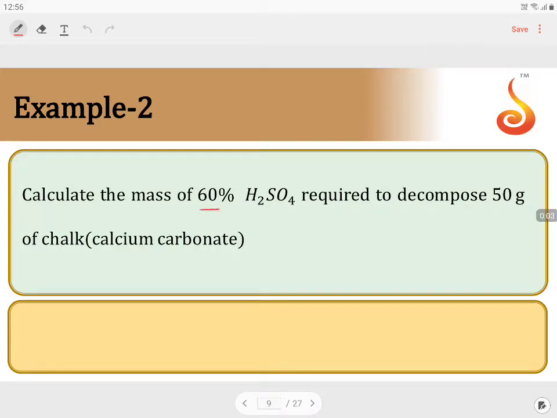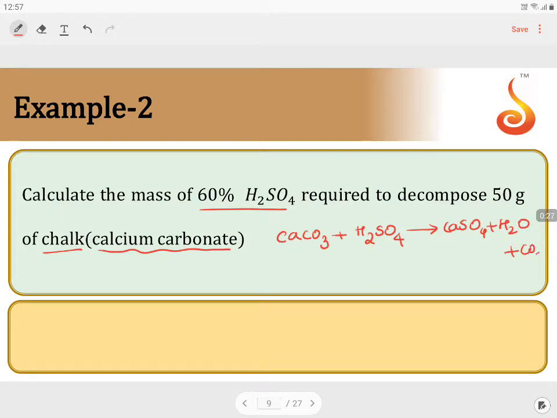Calculate the mass of 60% H2SO4 required to decompose 50 grams of chalk. Chalk is nothing but calcium carbonate, CaCO3. So according to the equation, CaCO3 reacts with H2SO4 in a 1:1 ratio to give CaSO4 plus H2O